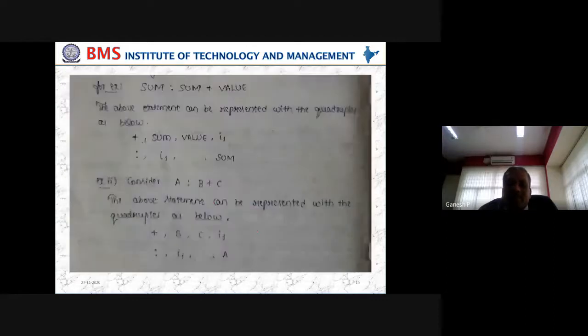Let us take an example: sum = sum + value. Sum, probably you can take it as equal if you have confusion. So sum is equal to sum plus value. Here we have an assignment on the left hand side and an expression on the right hand side. Whatever result we have, finally it has to be given to the left hand side. So ultimately, the compiler has to send the result of sum plus value to be stored into sum.